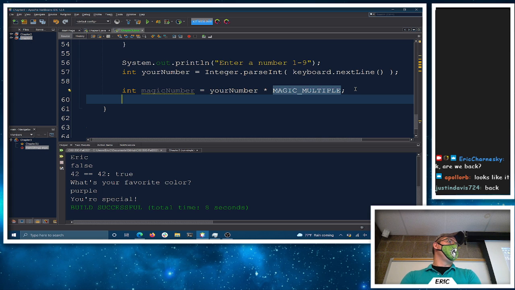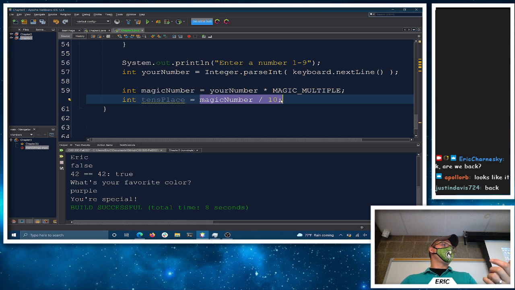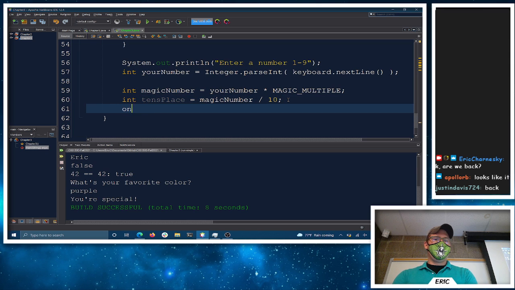Okay, then what I'm going to do is, hey, I want the number of tens here. So I want the tens place for your magic number, whatever that happens to be. So my tens place is going to be the magic number divided by 10. How many times can I divide out 10? And remember, if I'm taking an integer divided by an integer, I only get an integer result. So this is the whole number of times that I can divide by 10. So if your number was 27, I'm just getting the 2, the 20. 2 for the tens place. Okay? And then my ones place,